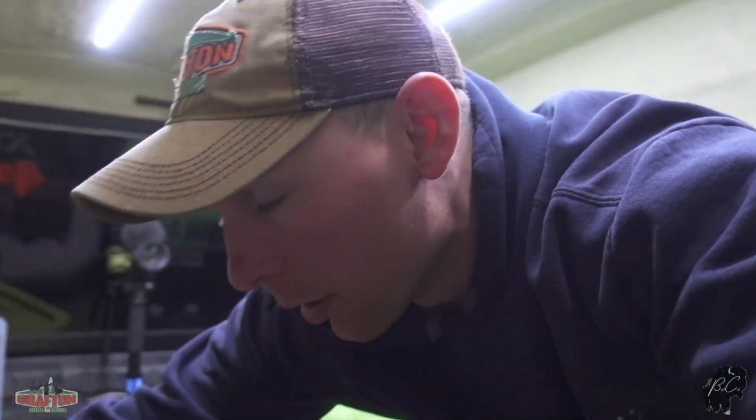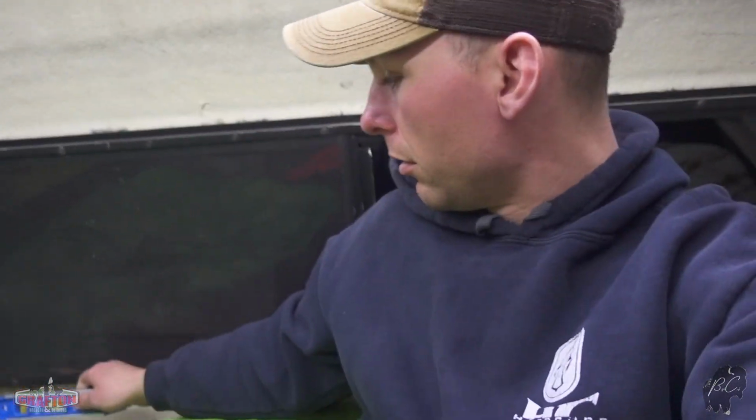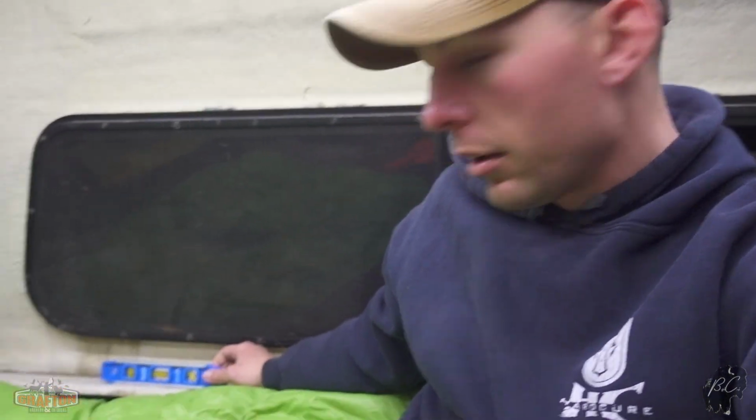One key thing that I'll talk about real quick while I'm thinking about it: if you're going to be staying in the back of the truck, bring a level. It doesn't have to be a big one, and it doesn't have to be exact. But I will say this: if you ever spend a night where your head is under or lower than your feet, you'll thank me for bringing this. I just take this thing and put it on here like that,